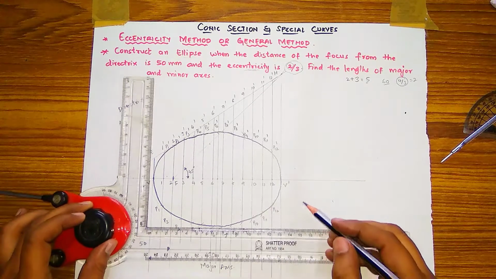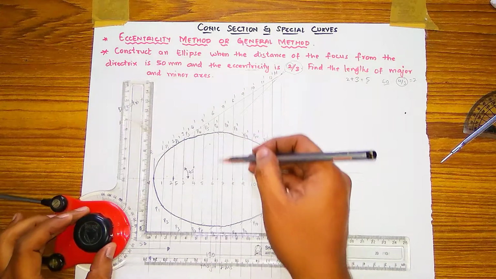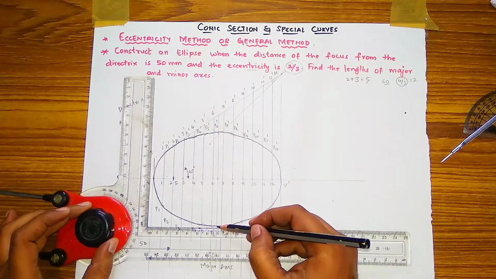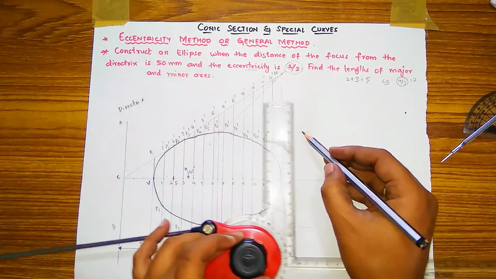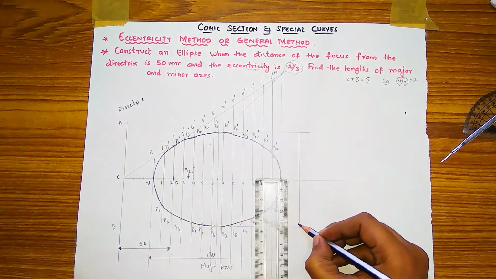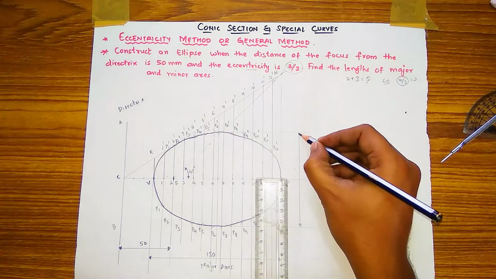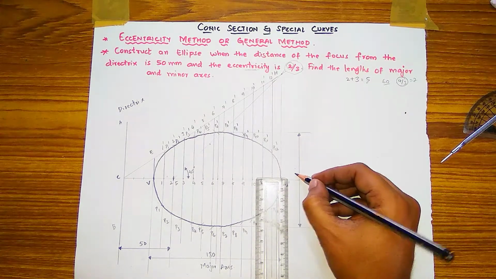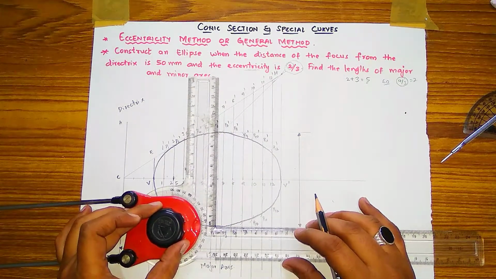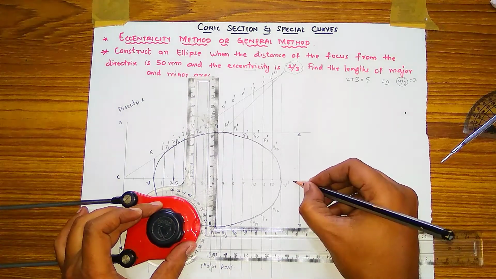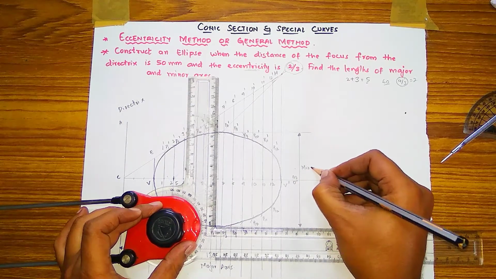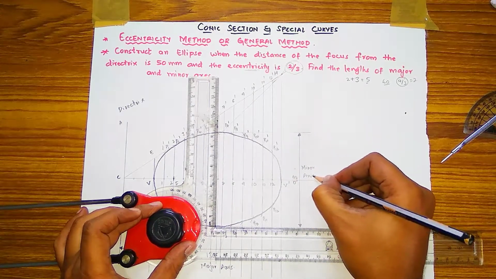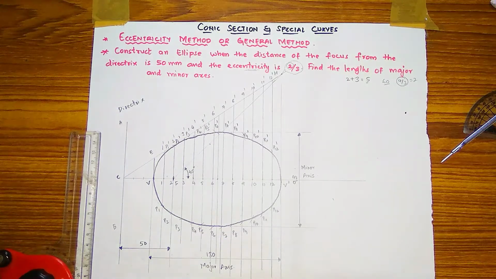Now for the minor axis, you have taken one middle line, 6, no, that is the major axis, the minor axis distance. You have to project the line from that point and draw the dimensioning line, arrow marks, and this is how much you have to measure with your scale. You are getting 9.5 means 95 mm. Okay, this is the minor axis of the ellipse. Okay, this is the complete solution.